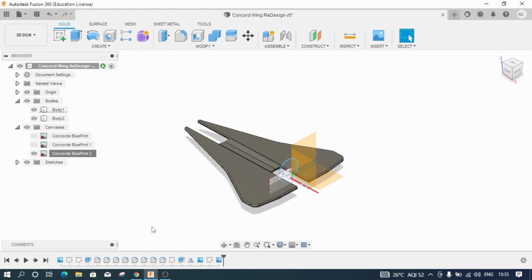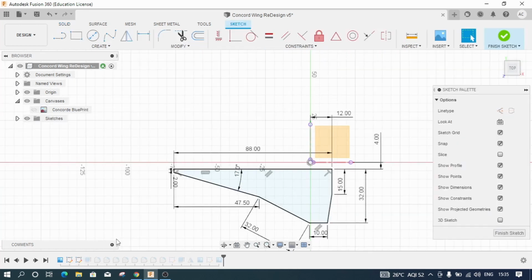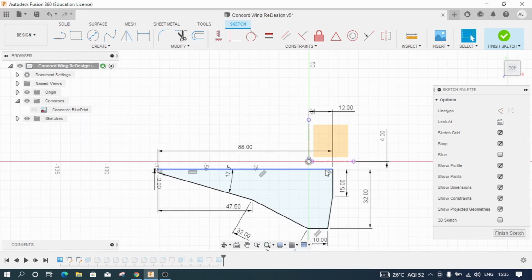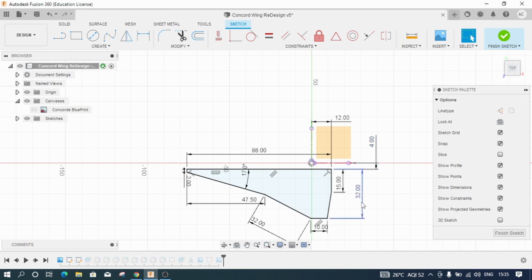So for that, let me go back to this particular sketch of the wingspan, and you can see that there is a 4 mm gap between the central axis and the root of the wing, and the wingspan is 32 mm. So 32 mm plus 4 mm is 36 mm. So that is the width or the total length of this particular wing from its wingtip to its root.